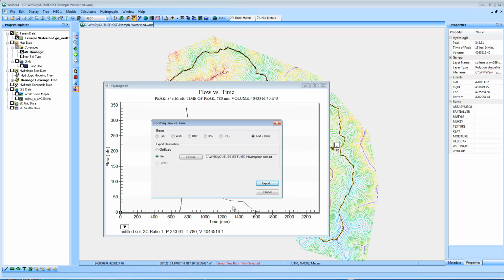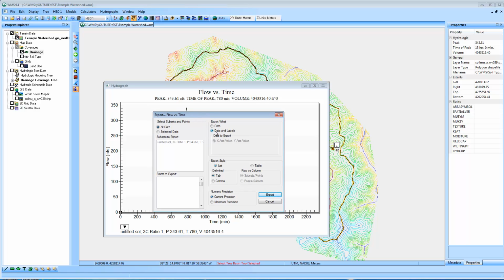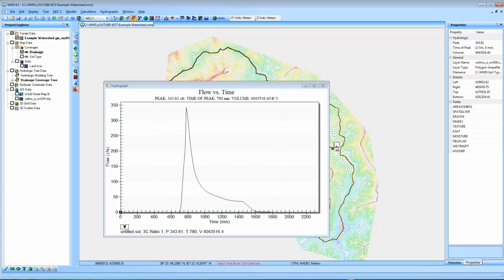hydrograph data.txt. And it's going to give me the option, what kind of data do you want? I'll take the data and labels, and what I want to have is actually the table rather than a list, and I'll have the rows. Each row will be the points, and if there were multiple, each column would be subsets, meaning if there were going to be multiple basins, or multiple simulations all together in one. So I'll do export, and it creates a